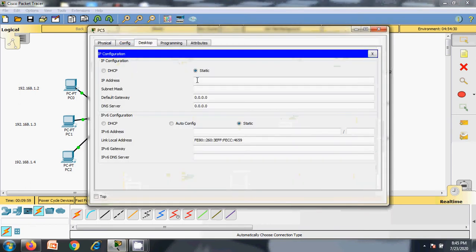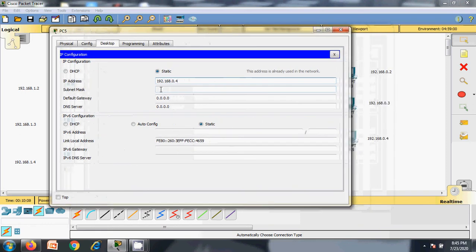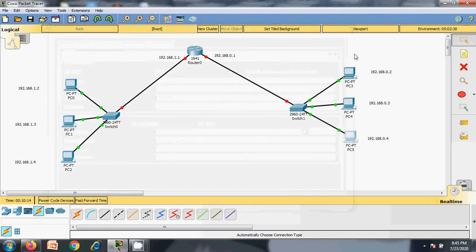So using this simulation you can easily understand the importance of a gateway router, right? 0.4 is the IP of this last node, and 0.1 is the gateway IP. Okay, so now all the PCs are defined with IP addresses.